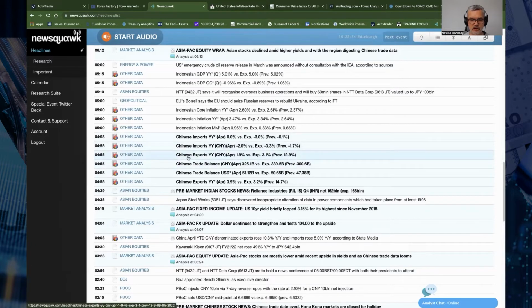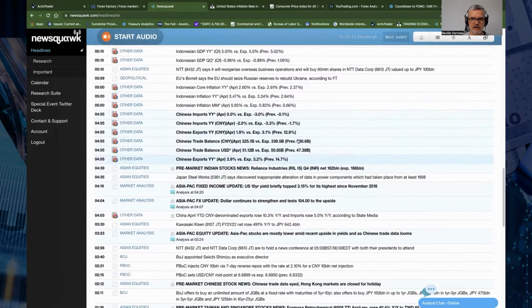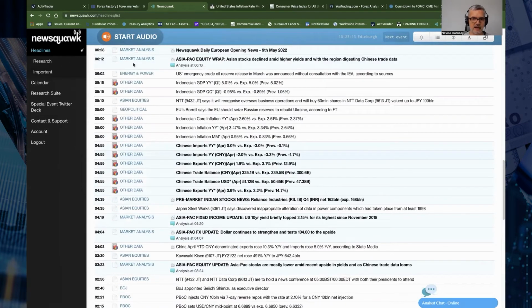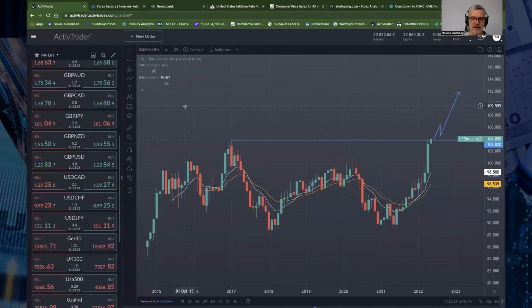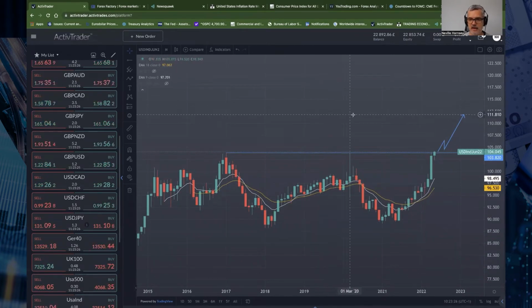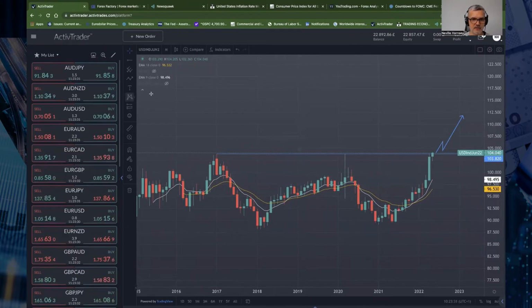So exports from China, obviously, they're an exporting nation, so that's not very good. However, the trade balance rose to 325 billion. That came under the expectations of 339 billion, but beat the previous reading of 300. So overall, the Australian dollar looks like it's being affected by this Chinese data, and not a lot else. The Bank of Japan has said that they're going to buy unlimited amounts of their JGBs to try and keep their yields in check. So we'll have a look at the dollar versus the yen as well in a second.